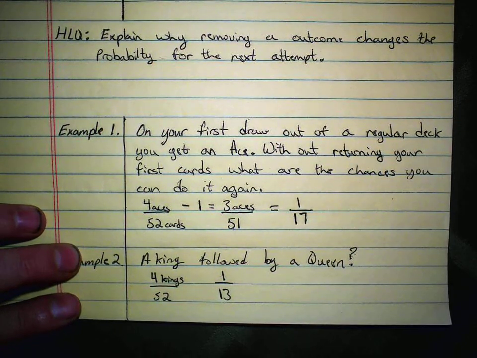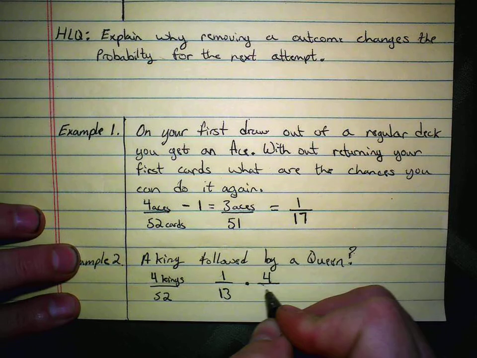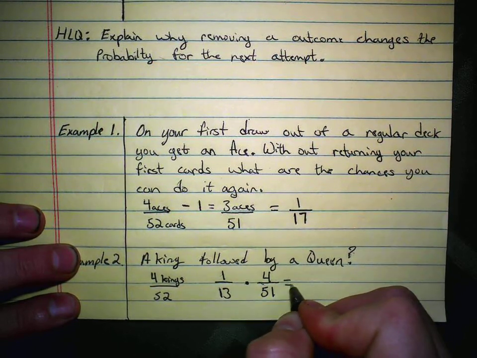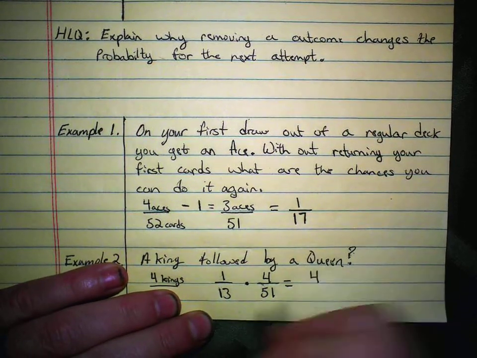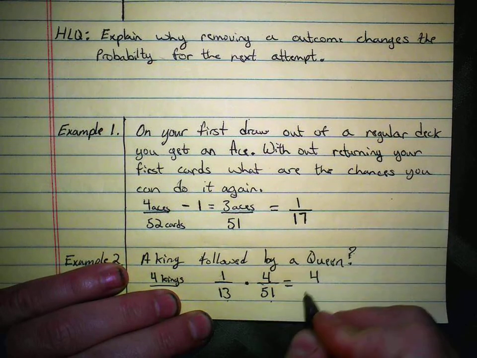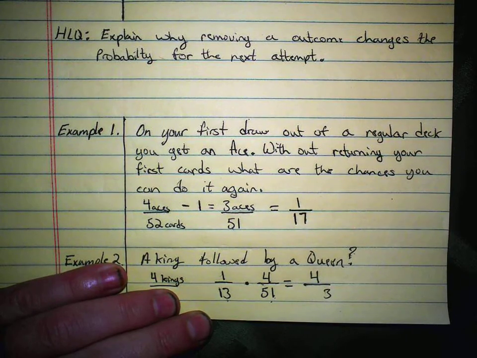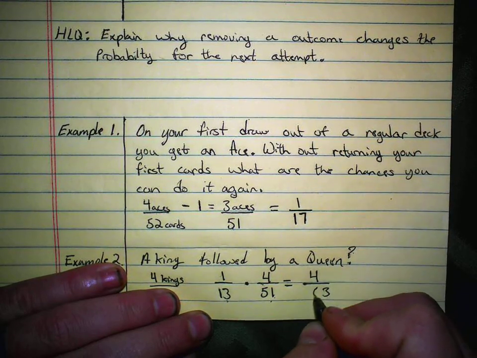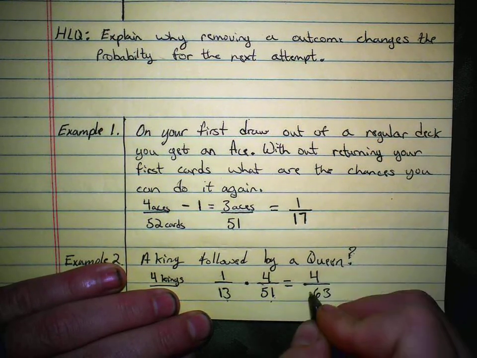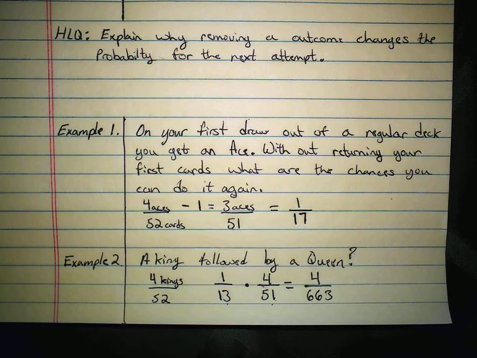Well, now we have 4 queens that we can get on our second try, but we only have 51 cards. So when we compound probability, we have to multiply 1 times 4 and 13 times 51. Okay? 3 times 1 is going to be 3. 3 times 5 is going to be 15. So I'm looking at 4 out of 663. So we have the probability of 4 in 663 of drawing a king followed by a